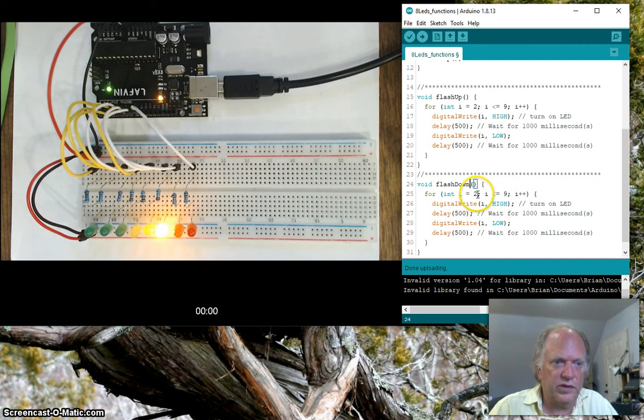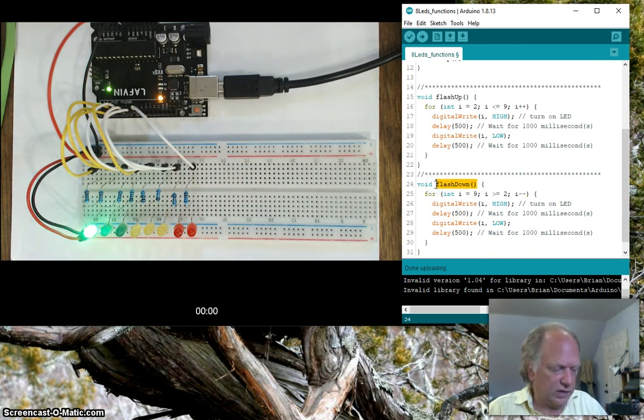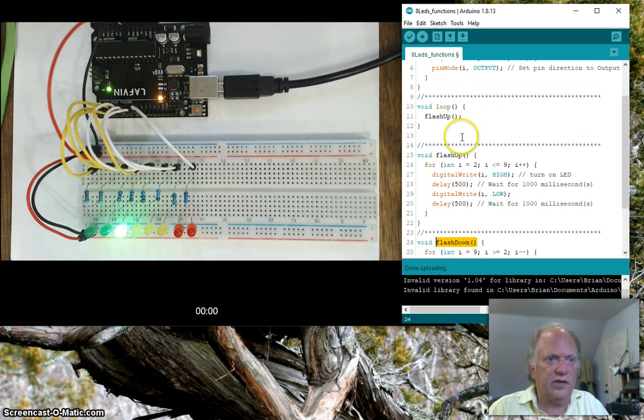Okay, so what I want to do is start at 9, and I want to keep going down until it is greater than or equal to 2. And you might have guessed, to make it go down, I'm going to use minus minus, and it's going to go down by just 1. So now, if I call flash down,